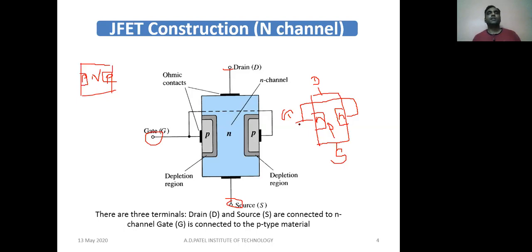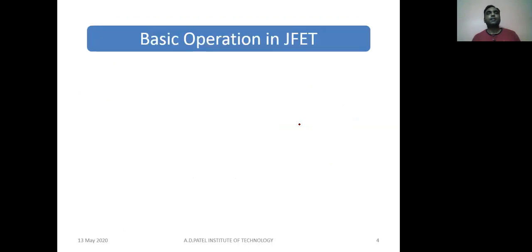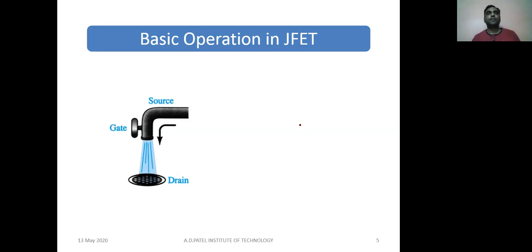So we have seen it is having three terminals: drain, source and gate. Now you can compare this with your tap. आपके घर में जो नल होता है उससे आप कंपेयर कर सकते हो ये एनालॉजी को। कैसे? तो जैसे कि हमारे घर में ऊपर टैंक रहती है, तो टैंक से आपका जो पानी आता है वो नल में से आके फिर ये ड्रेन हो जाता है। अगर ये पानी का जो फोर्स होता है वो हम कंट्रोल करते हैं इधर से, नल में जो टैप बोलते हैं उसको, टैप से हम कंट्रोल करते हैं। तो ये हम बंद भी कर सकते हैं, ओपन कर सकते हैं, उसका फ्लो भी कंट्रोल कर सकते हैं।